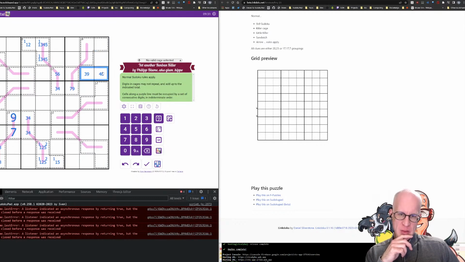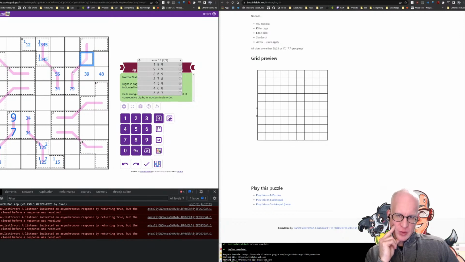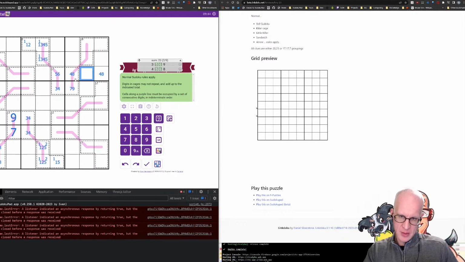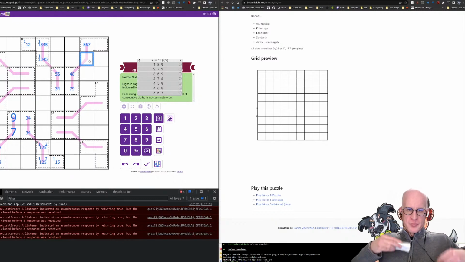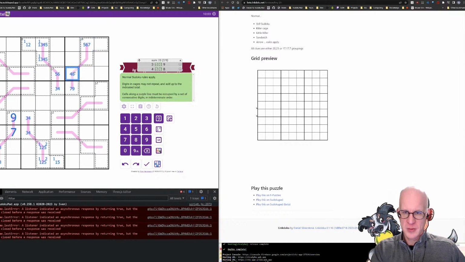If we have 4, 8, we need 4, 5, 6, 7, which just works. So this one works. 3, 9, I don't think will work because we need to bridge from 3 to 9 with 2, which doesn't work. So this can be 4, 8. Then this would be 5, 6, 7. That's one option. And if it's 7, 9, excuse me. No, wait, it doesn't work 5, 6, 7 because we only have space for 2 digits on the Renban line, so we cannot put 5, 6, 7 in, so it's not 4, 8. This is 7, 9, and this is 3, 4. And because this is 3, 4,